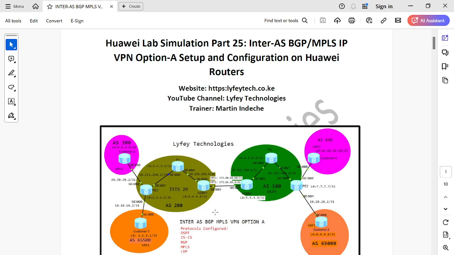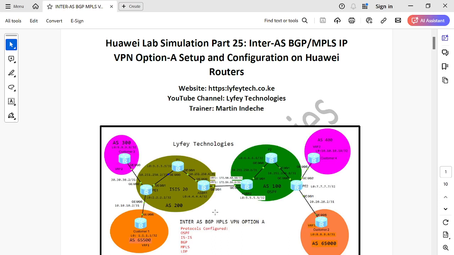So we've mentioned that service provider networks normally span multiple autonomous systems, and the network will be segmented into different regions or different clusters, and then each region or cluster will be configured with a different autonomous system. So we can have maybe 6 or 7 or 8, because remember, a service provider network could be all over the country. So we need to be able to segment the network into different autonomous systems for ease of management and